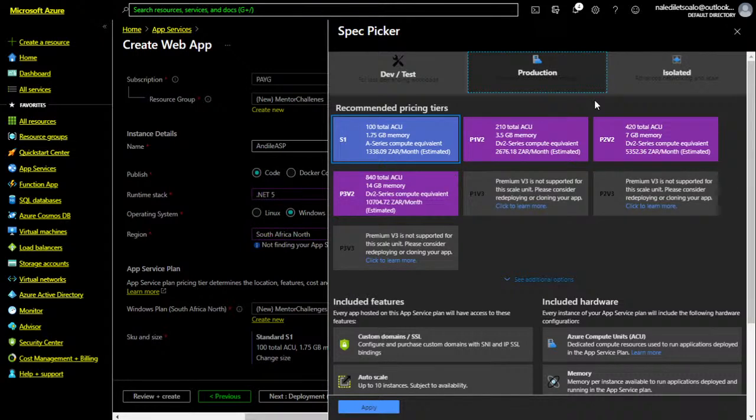You literally can pick whichever one. Just be aware, Azure S1 carries a charge of 1,338 rands and 9 cents a month estimate, right? Depending on how you also add some of the other things as well. If you want, and the other thing is, of course, it also carries a certain size in terms of memory, in terms of total ACU.